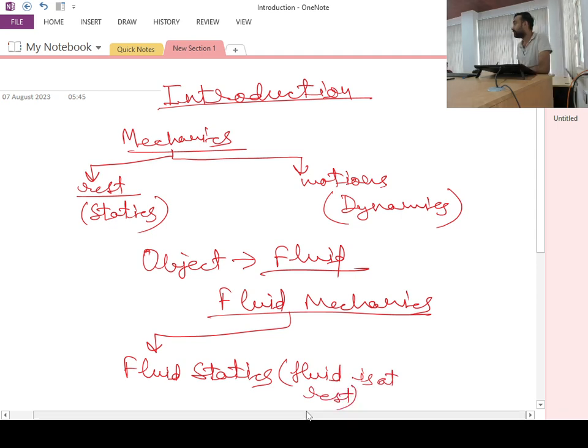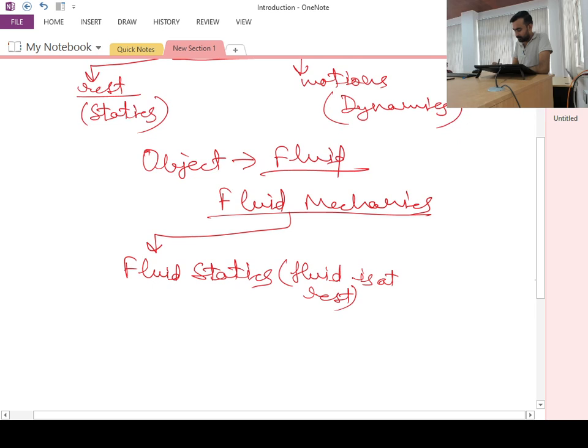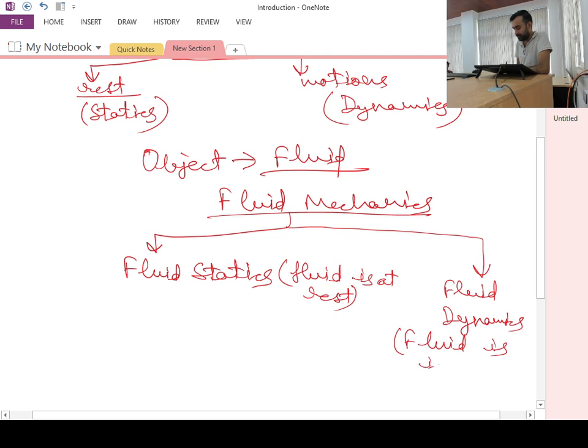Is this point clear? When the fluid is in motion, then we call it fluid dynamics. So this is when fluid is in motion. Fine. Now typically